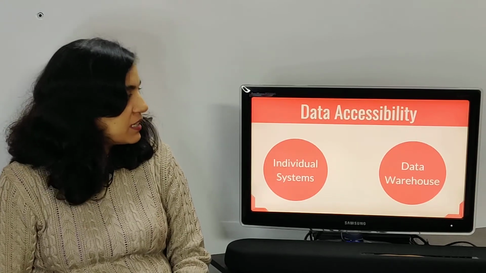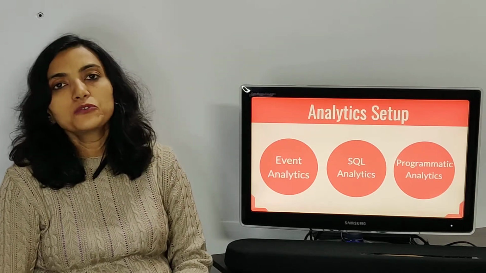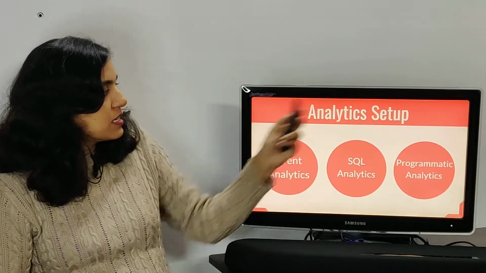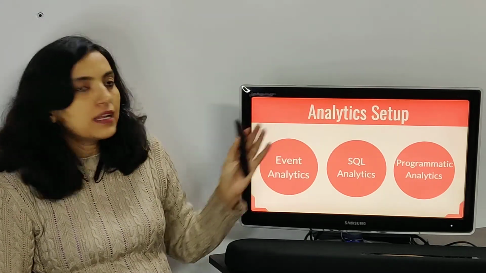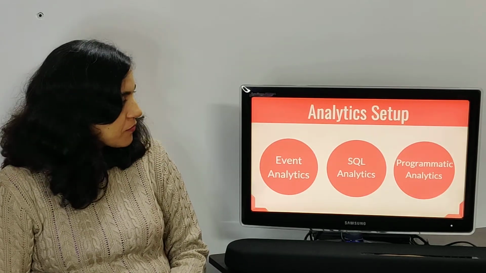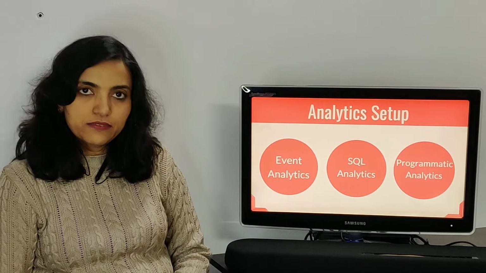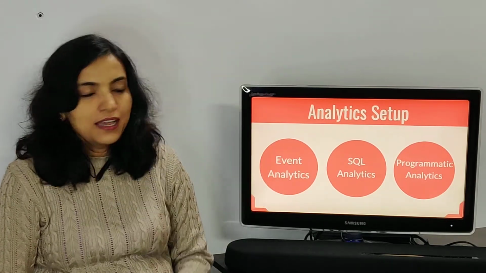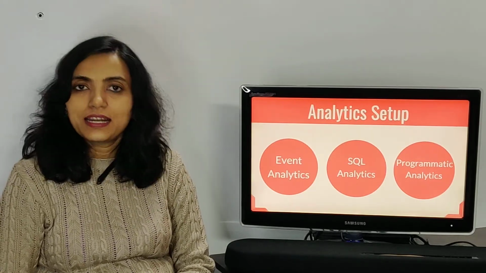So now we understand data and accessibility, so let's move on to the tools and techniques that we use to make sense of this data. And the first thing I want to talk about there is the analytics setup, which is primarily meant for analyzing quantitative data. Now, among the various components of an analytics setup in an organization and even in a product organization, I have put event analytics at the top of the list. In the traditional analytics setup, this is often ignored as it is not that well known.